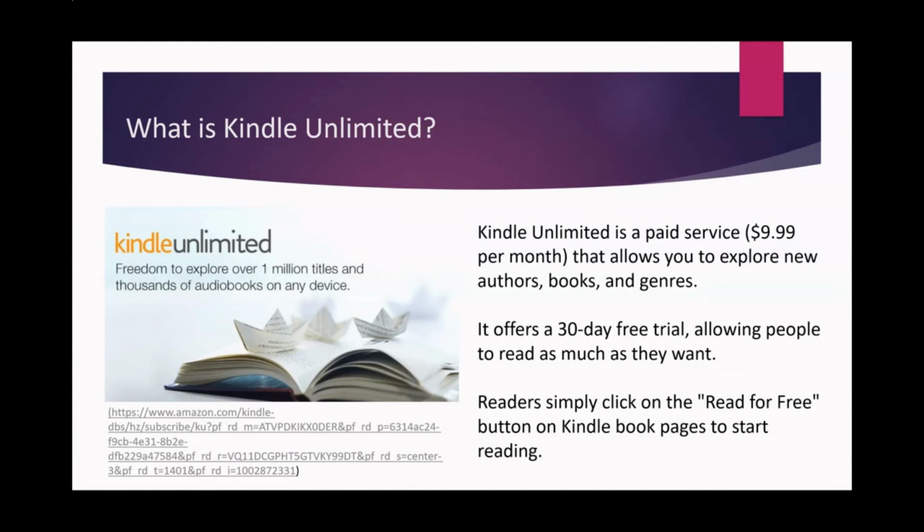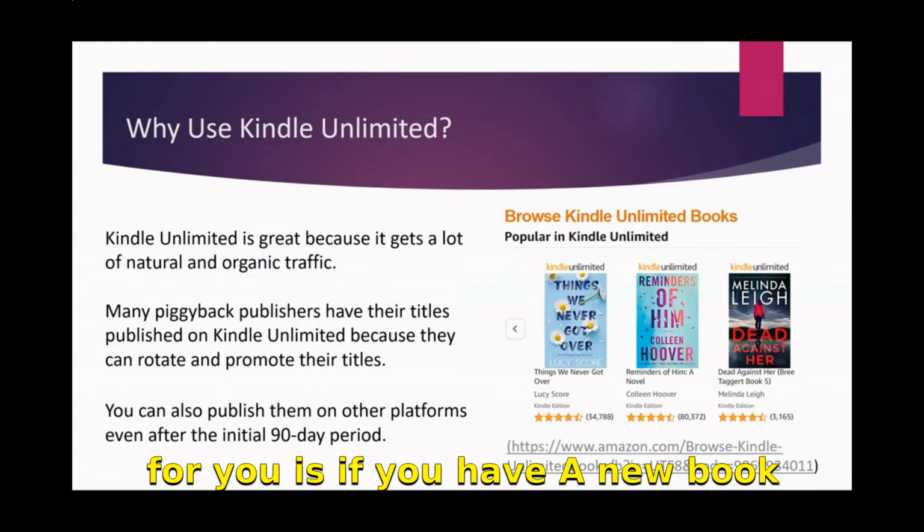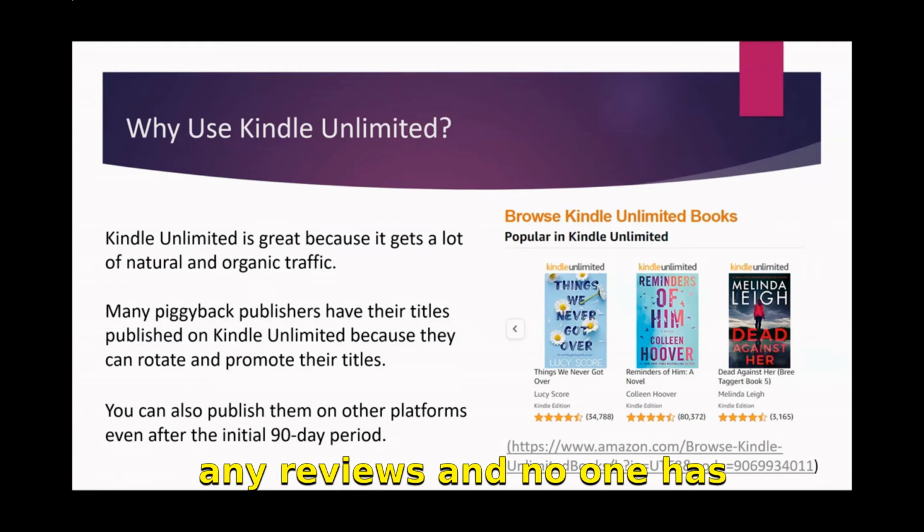Kindle Unlimited, you might be aware, is a paid service. It's $9.99 a month. It lets people explore new authors and genres. And it also currently has a 30-day free trial that allows people to read as much as they want for those 30 days. The reason that this matters for you is if you have a brand new book out there and you don't have any reviews and no one has really read it, it is sometimes harder to get people to start purchasing it. But if they're essentially getting it for free with Kindle Unlimited, it's a really great way